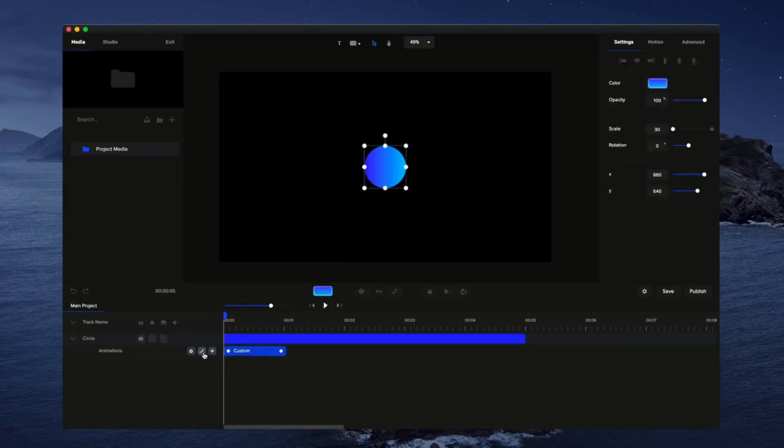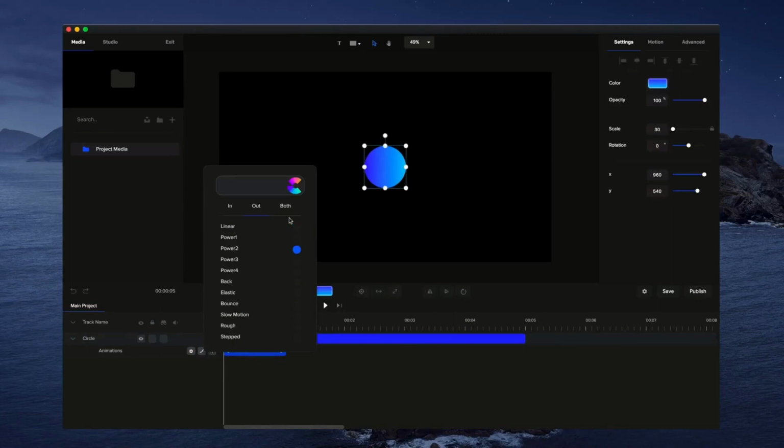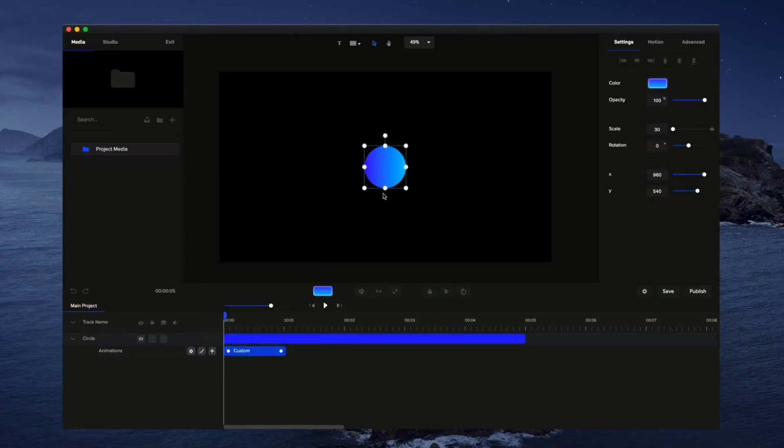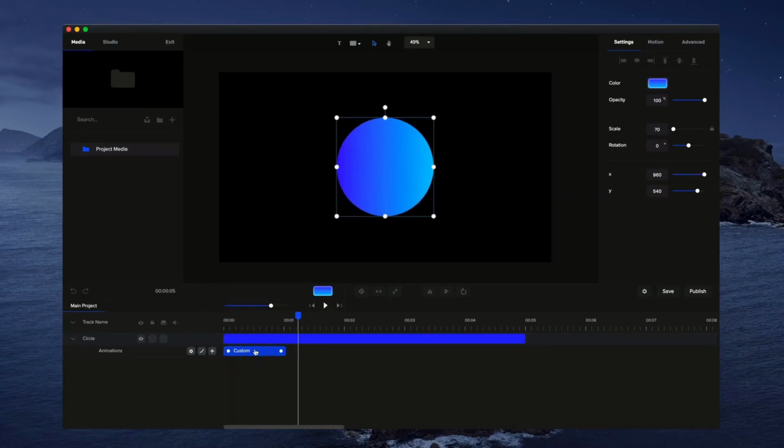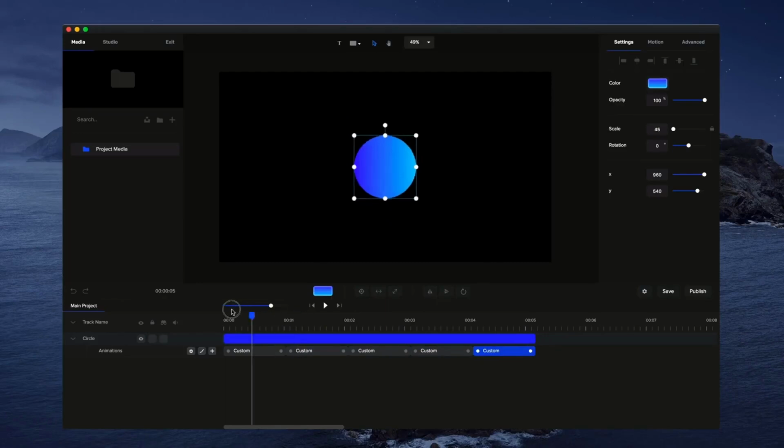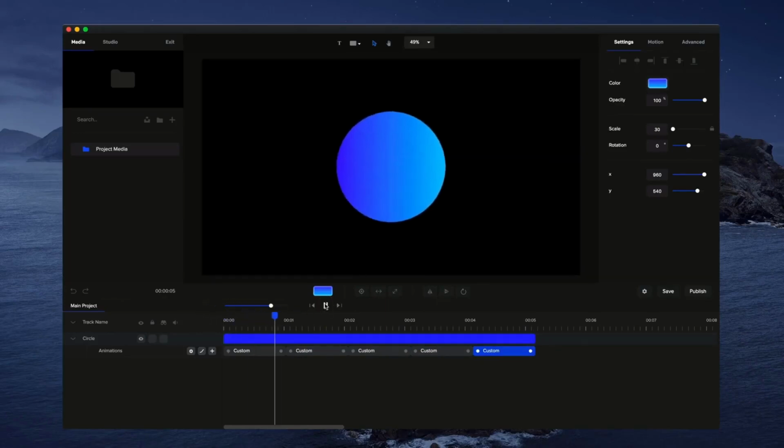And what I'm going to do is adjust the easing of this animation. I'm going to select both, so it's power two both. This is going to make it a lot smoother when it transitions. So this is the first animation. And what I'm going to do is simply right click, duplicate reverse, and I'm going to do this as many times as I want it to loop. It basically recreates the same animation going up and down, okay? So if I preview this through,